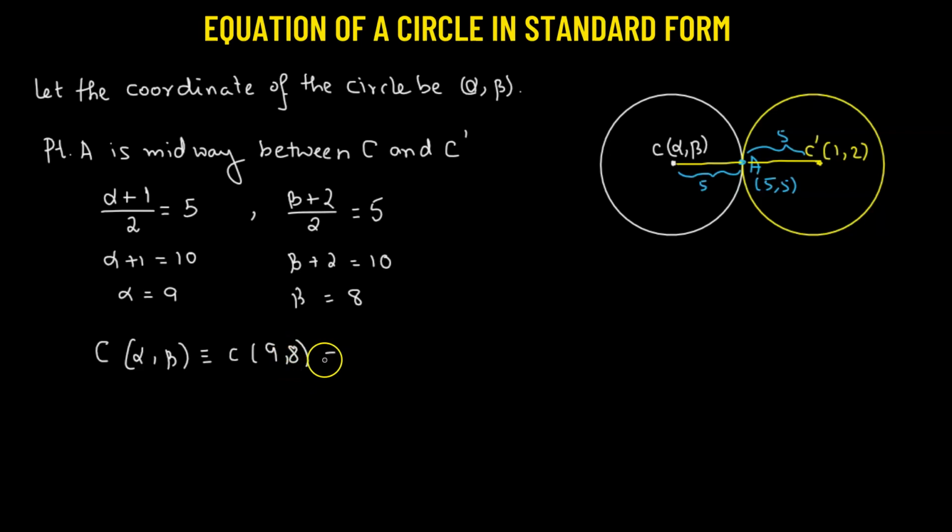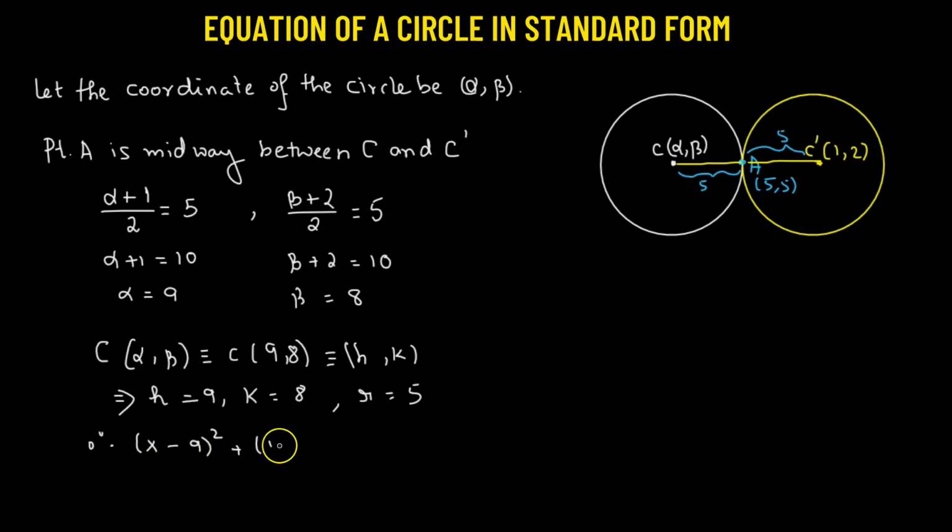So we have the center, and we know that this is equivalent to (h, k). That means the value of h is going to be 9, and the value of k is going to be 8. And the radius, that's already known, that's 5 units. Therefore, the equation of the circle is going to be (x minus 9) whole squared plus (y minus 8) whole squared equals 5 squared. So this is the standard equation of the circle with center C, and it's going to touch another circle at point A with coordinate (5, 5), and the center of the yellow circle is (1,